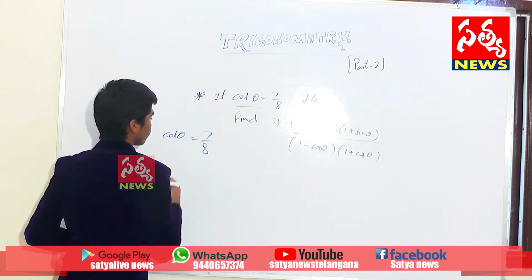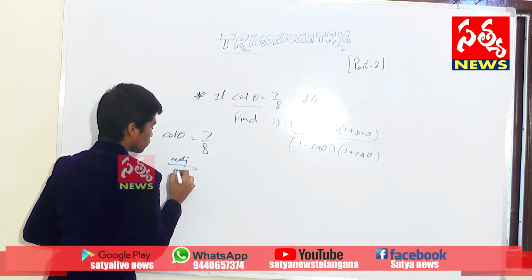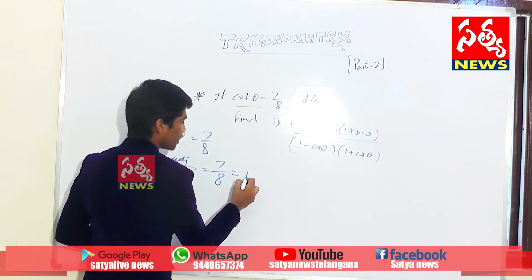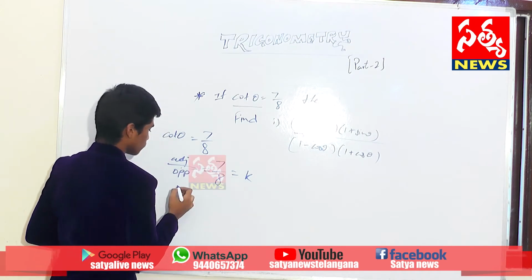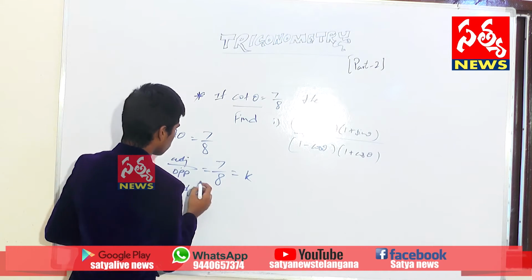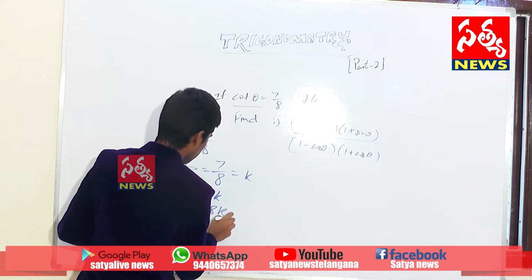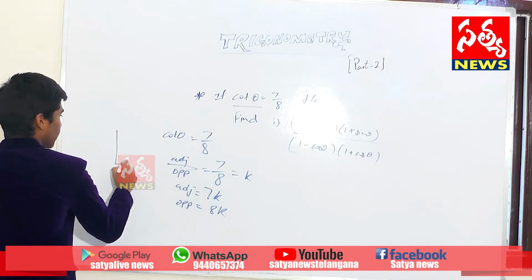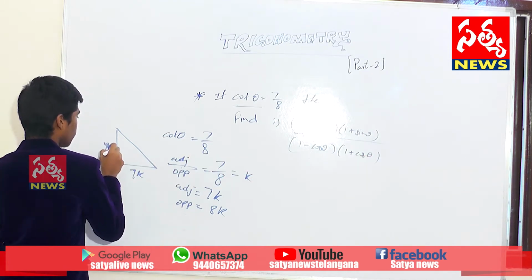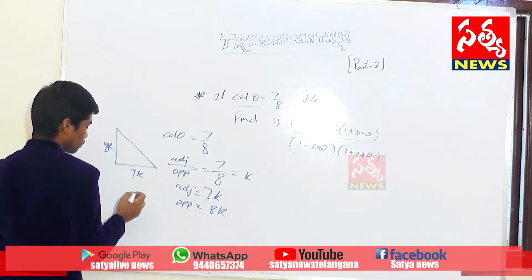given that cot value as 7 by 8, we know that cot is adjacent side by opposite side. 7 by 8. If we take it as k or x, some constant, we get adjacent side equals to 7k and opposite side is equals to 8k. Now the triangle looks like this. Adjacent is 7k and this is 8k. So the hypotenuse is, by using Pythagoras theorem,